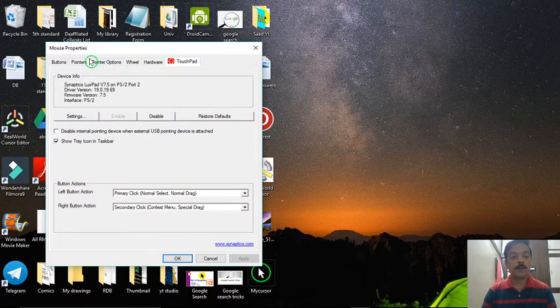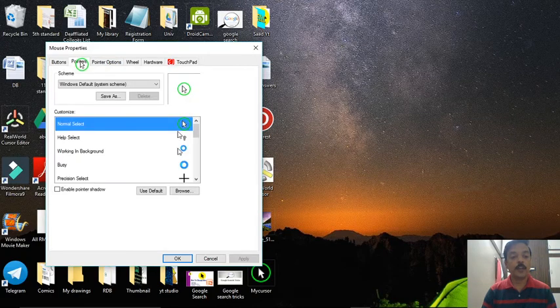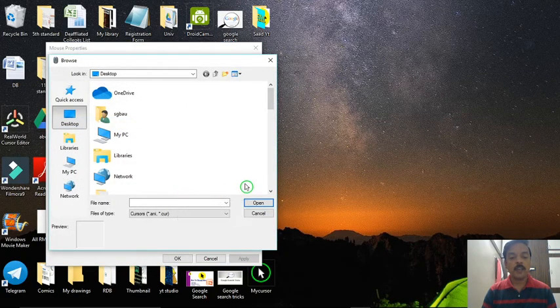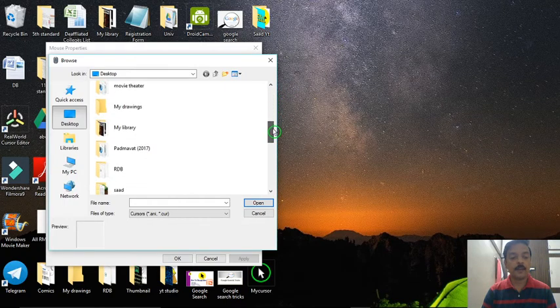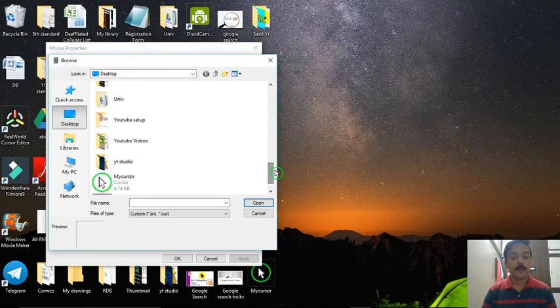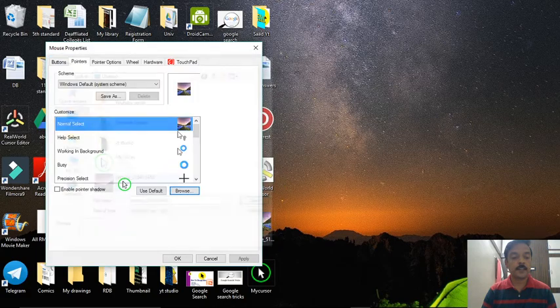I'll again go on to the pointer, again click on browse, and within the files we have another sample cursor available. I'll go for that. So this is the sample cursor I have taken, and I'll click on apply.